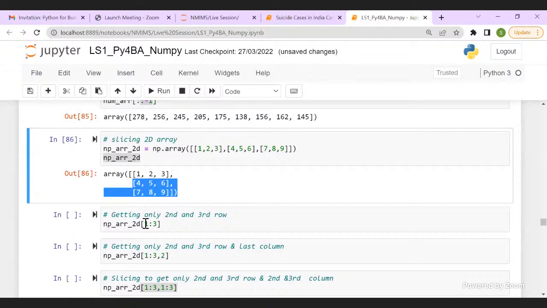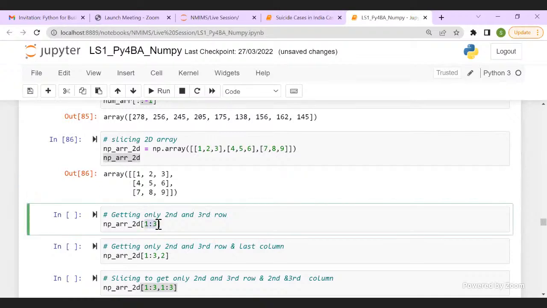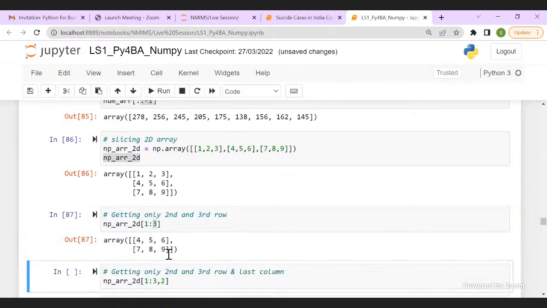I'll just specify for the rows 1 to 3: 0th, 1, 2. You might be asking why I'm giving 3. The 3 is not included, remember, so it won't give me an error. It will consider only 1, 2, my second and third row.